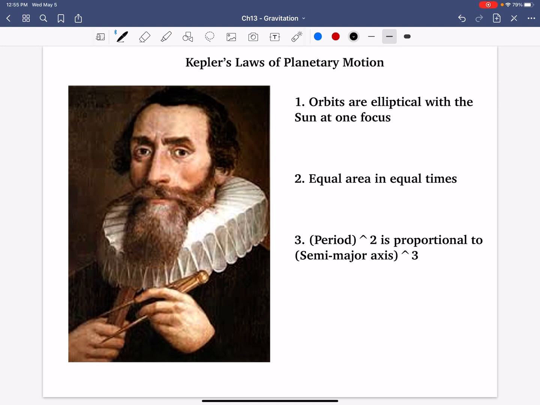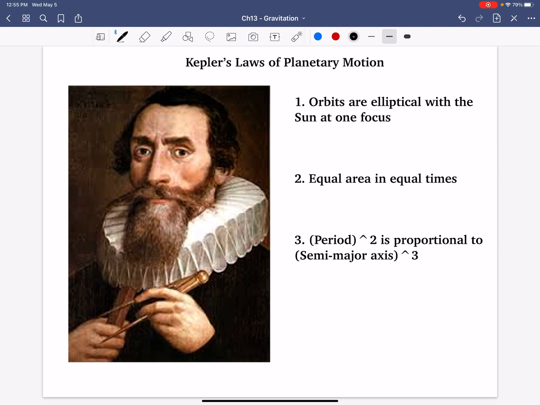Kepler was one of the biggest and most influential minds of the scientific revolution when it came to astronomy. The first one really was, I guess you could say, Copernicus. He was the first one to propose that the Earth is not the center of the universe. It's actually the sun. He wasn't quite able to prove that.